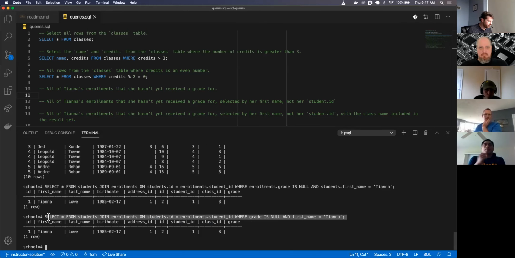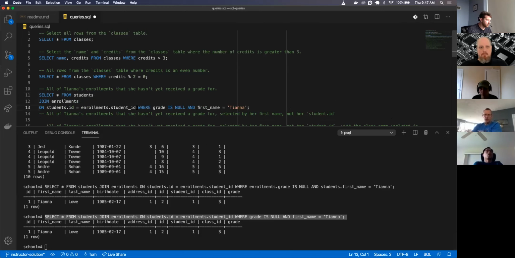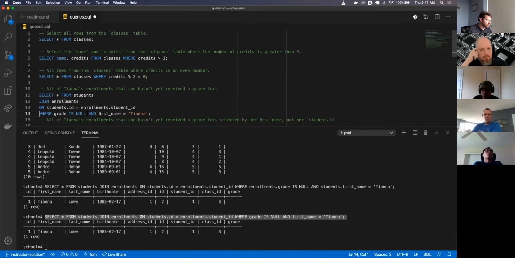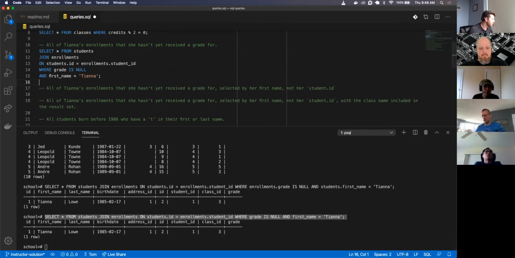So the takeaway is you wouldn't need to specify the table unless both tables had a shared column name like first name. Yep, because that join creates a brand new table. I always just do the explicit, just what I'm used to.